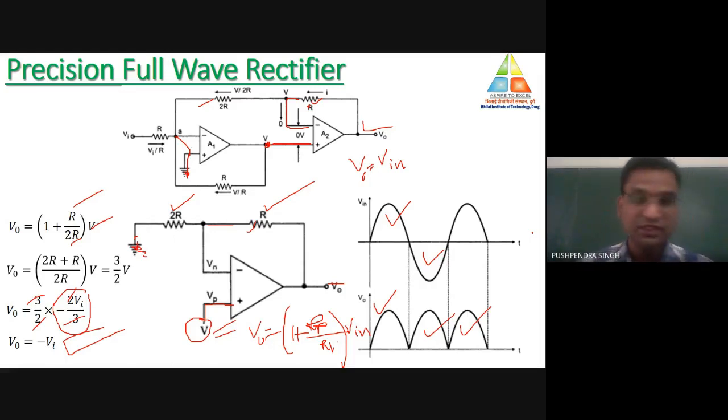I hope that would be clear to all of you. You only need to supply the input signal. Just remember in which kind of operational amplifier we are supplying the input signal, whether it's an inverting operational amplifier or non-inverting. In case of non-inverting, the phase shift is 0 degree between input and output. In case of an inverting op-amp, there is a phase shift of 180 degrees between input and output.